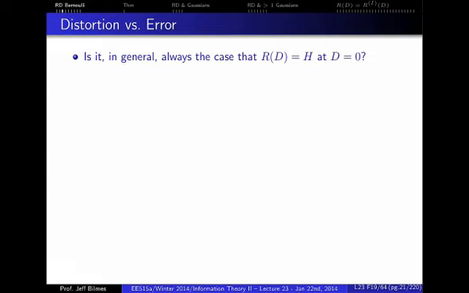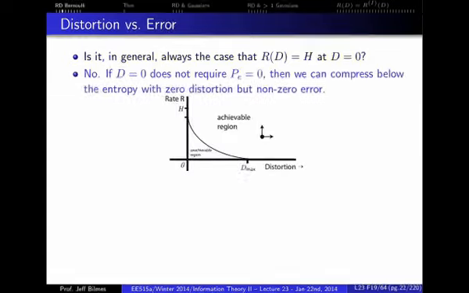But on the other hand, which is now the thing that you mentioned, is it possible for the rate to be less than the entropy when the distortion is 0? In general? Yes. If the distortion function allows error at D equals 0. That's right, exactly. Expected value, that's right. So, in general, this is the pattern we're going to see. If distortion is equal to 0, it does not require that the probability of error is equal to 0, which is quite possible. Because remember, we said